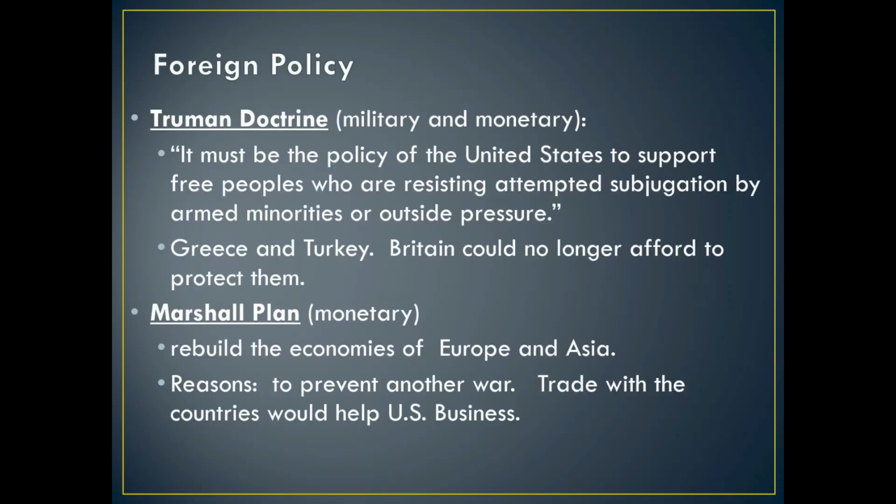Let's talk about some foreign policy for Harry Truman and the foreign policy of the Cold War. After Yalta, and after Harry Truman saw how Russia was taking over Eastern European countries and forcing them to become communist, he saw Russia as a threat. So he's going to pass the Truman Doctrine, which Congress will authorize. The idea of the Truman Doctrine is it will be the policy of the United States to support people who are resisting subjugation by armed minorities or outside pressure. So what this means is America will give money and weapons to any country resisting communist revolutions.